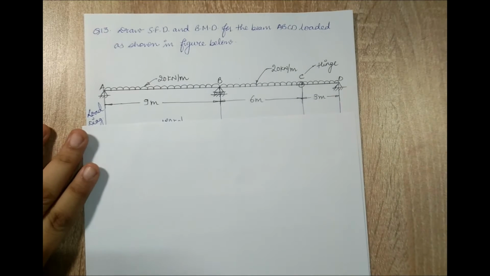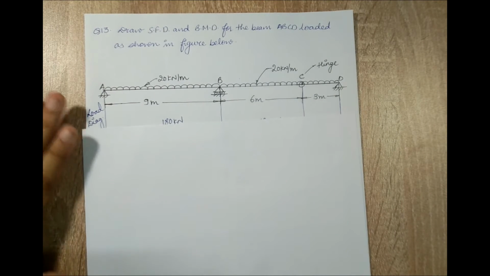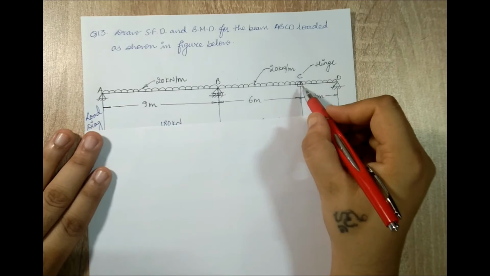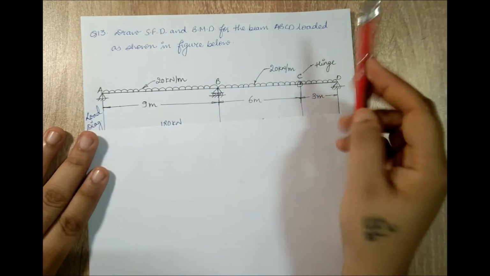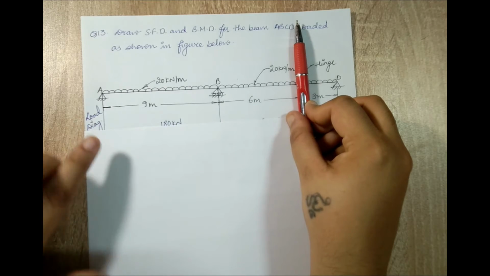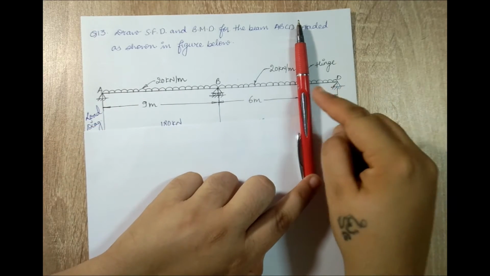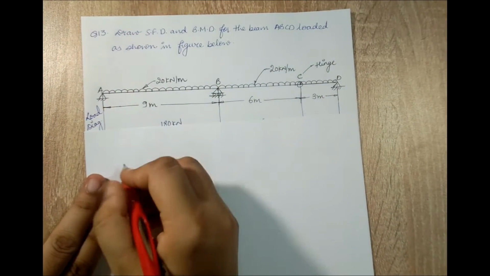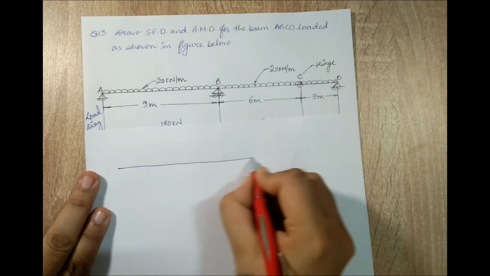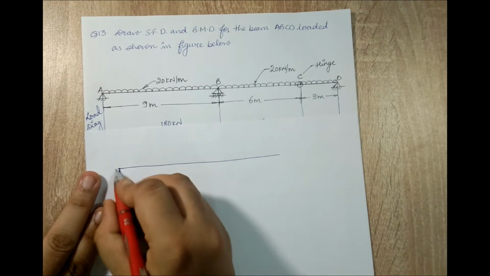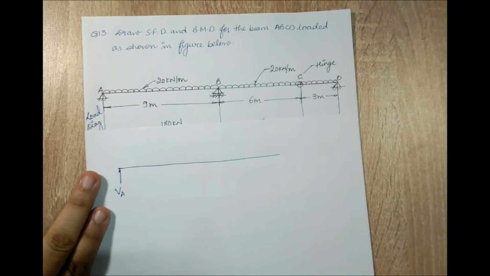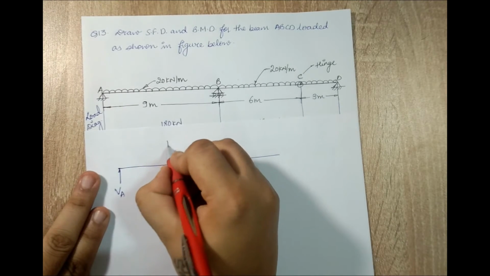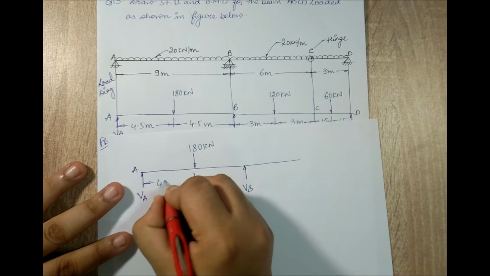There are certain rules for solving for internal hinge. First I will start with the first rule, that is, at this point of internal hinge we can break the beam into two parts. So if I break at point C, the first part will be ABC and the second part of the beam will be C to D. So let me take the first part of the beam, which is ABC, and I will redraw A to B to C. Now I will directly draw the FBD. At A point there is a reaction VA, at B there is a reaction VB. Here there is a load of 180 kilonewton at a distance of 4.5 meter.